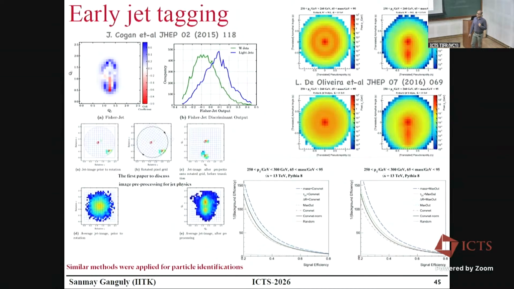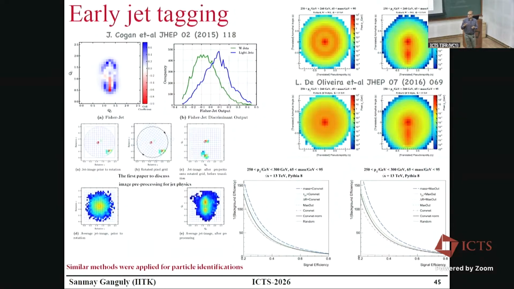But in 2014 onwards, people realized that the energy deposition pattern in the calorimeter can be thought of as an image, and the average image, which means you take an ensemble average of energy deposition patterns from different events. Of course, you do it in simulation. You can use these images, check the difference in the average spatial distribution of the pixel densities, and try to infer from which kind of patterns such energy deposits are coming. One can apply the very well-developed branches of convolutional neural networks to answer these questions.